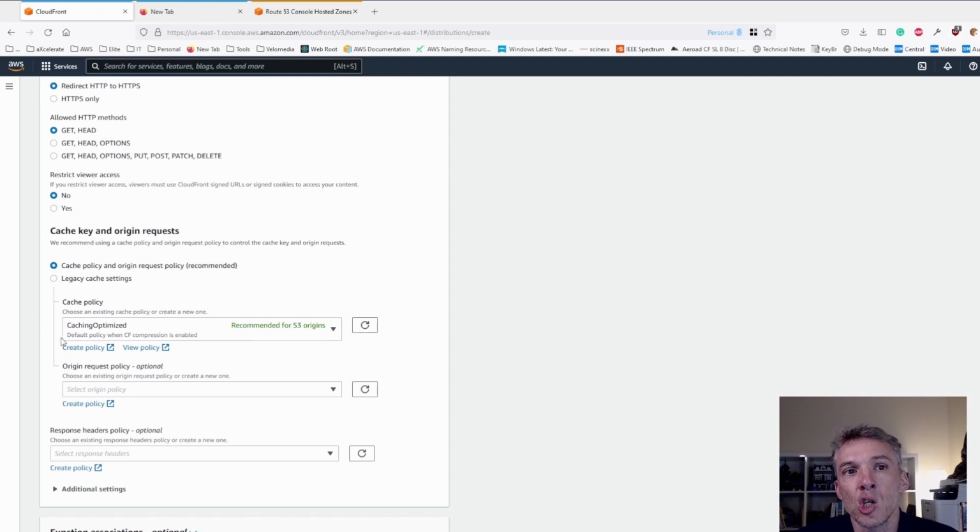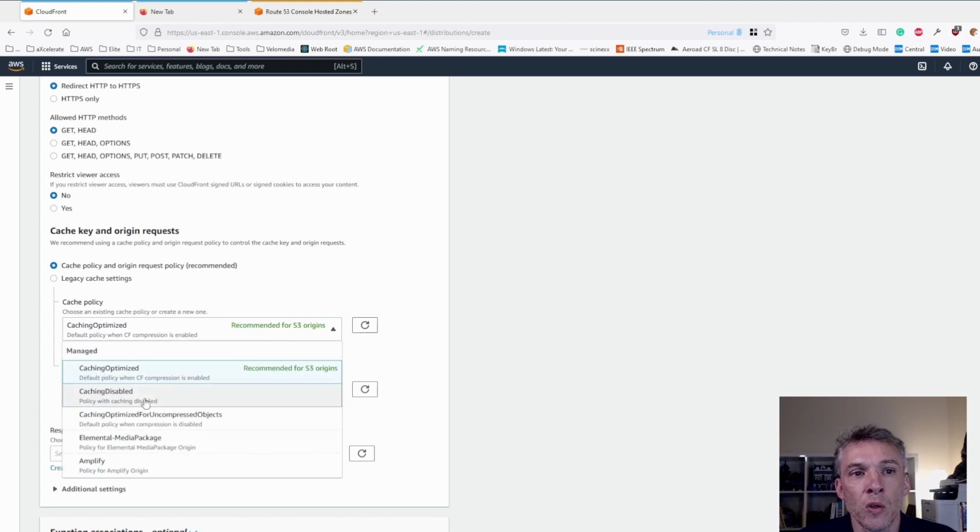The other settings we can leave as is, we've got this thing here called the caching policy. By default, it's caching optimized, and that's really what you want to use because it's going to use some nice aggressive caching to make sure that the content is going to be delivered to your visitors as fast as possible. However, the caching can cause problems if you're trying to debug Lambda functions, and we might be using a Lambda function later on to manage routing when we get to that section. So for now, I'm going to turn caching off,